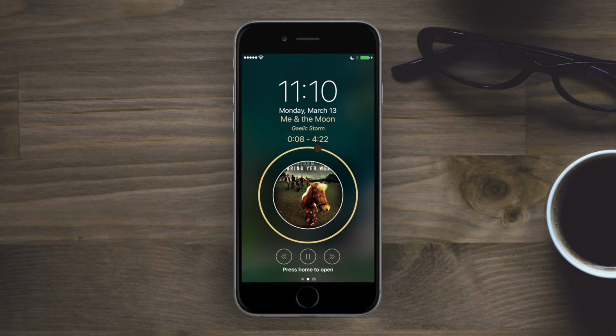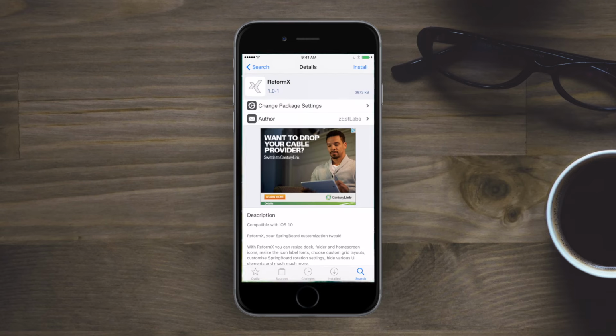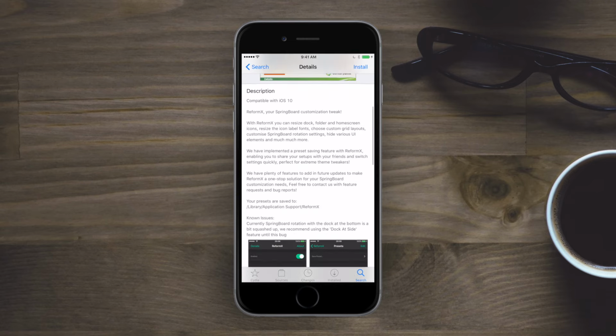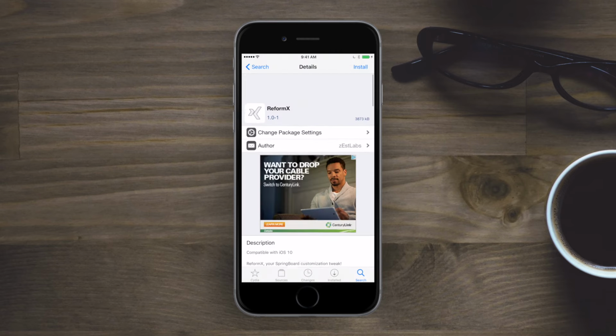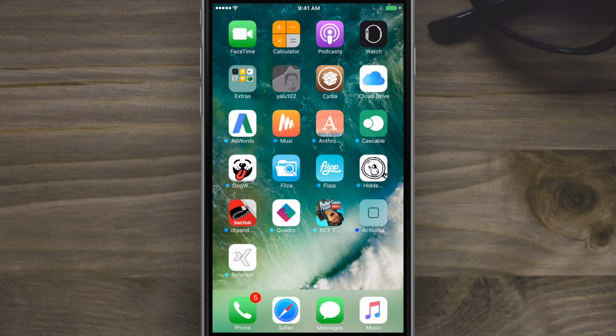Changing albums, this did not change that much, but going over here to Gaelic Storm, it's a slightly different yellow, so really easy tweak, pretty neat. Only 99 cents. Now we have ReformX, which is another way to customize the look and feel of your phone,